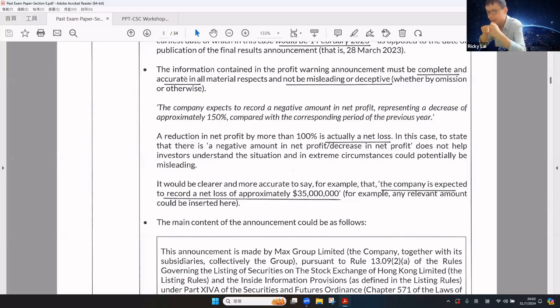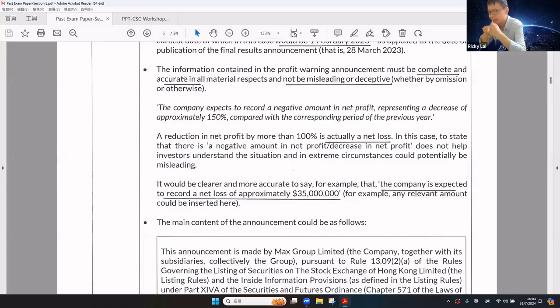In this case, to state that there is a negative amount in net profit, a decrease in net profit, does not help investors understand the situation, and in extreme circumstances would potentially be misleading. This is very interesting: with the decrease being more than 100%, this must be a net loss, so that in the announcement, if the company adopts the words like net profit, that is really misleading, which violates the SFO